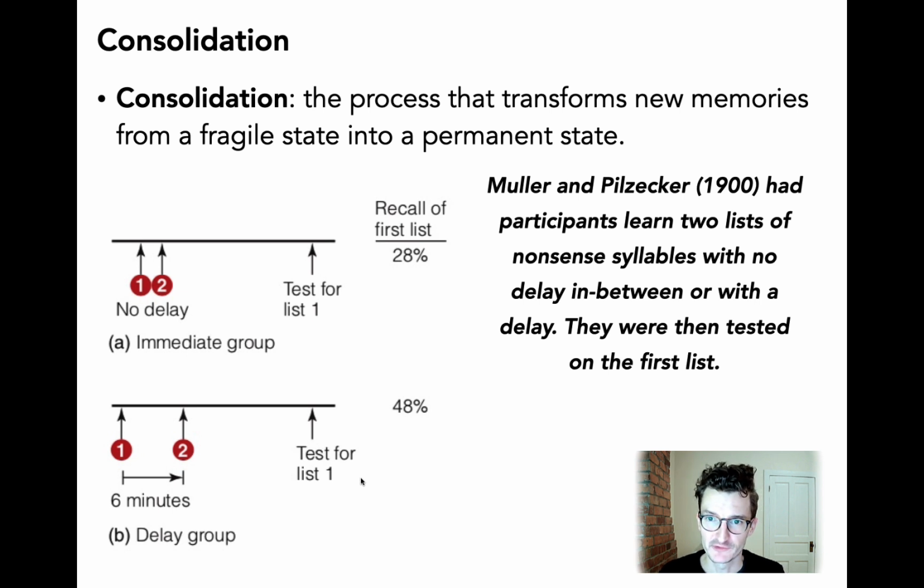Why is that? It's because consolidation takes time. It takes time for your brain to actually form these new neural connections that reflect new learning. And if you try to cram in more learning during this consolidation period, this can actually interfere with what you've just tried to learn. This is probably why the spacing effect works, why it's best to break up studying into chunks and give yourself lots of breaks.